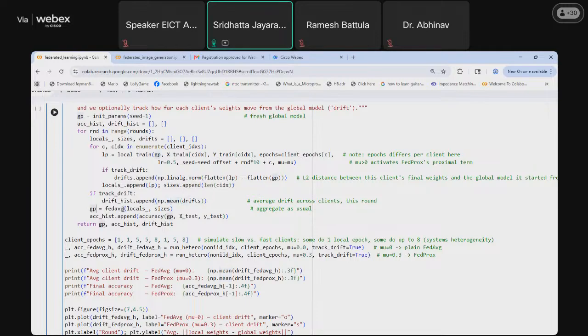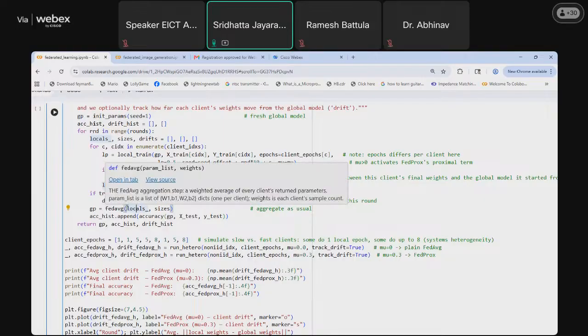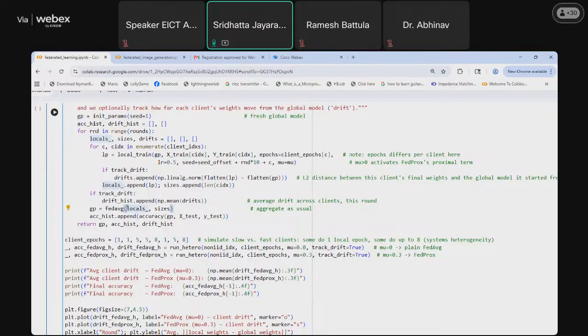And then in the end, we will be updating our FedAvg with the local parameters that we got using LP. After averaging all of those, that will be stored in GP. And then after that, we will be calculating the accuracy.